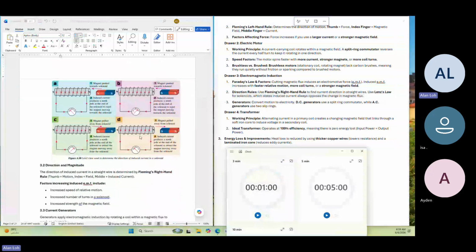Okay, don't be frustrated if you do not fully understand it. That is fine, because as I said, this chapter is not an easy chapter. So I'll explain briefly what this is. You have A, B, C, D. This is the solenoid, right? The whole thing is a solenoid with the north and south, with the cable and the voltmeter. And this magnet, if it is going in these directions, then the pole of the solenoid changes,